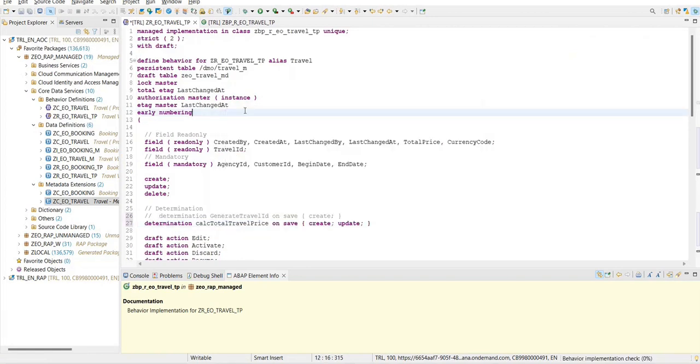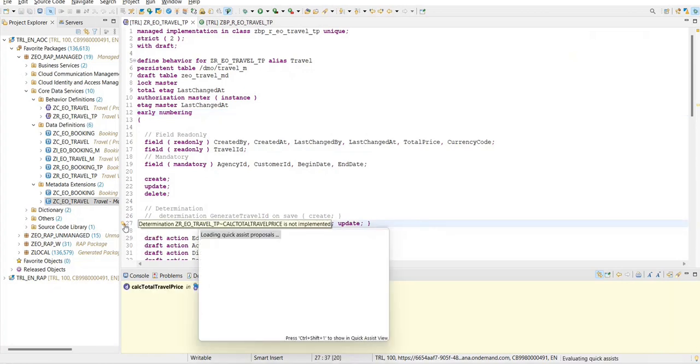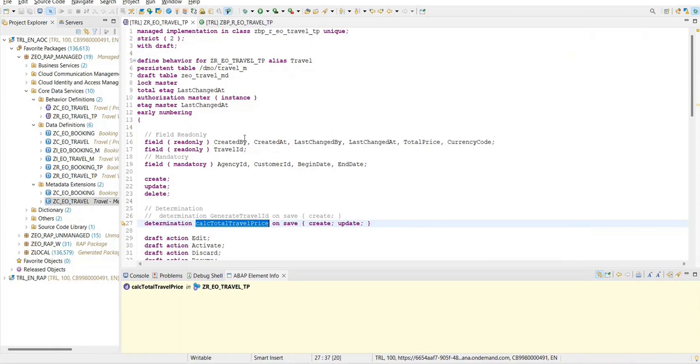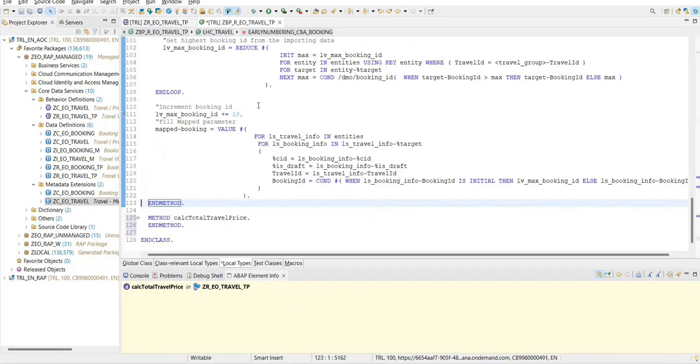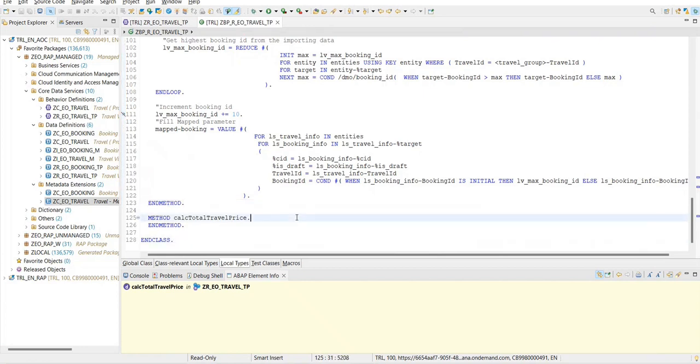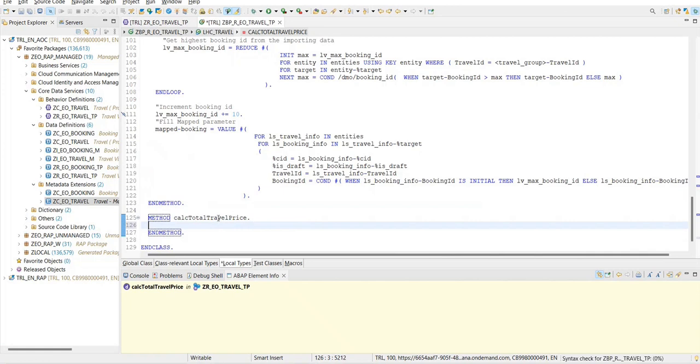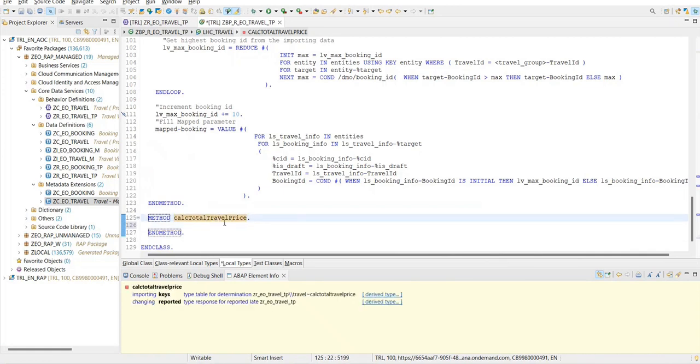So what I'll do is try to create this particular determination. I'll say add method for determination. The moment you put a cursor, it will prompt you and create the method directly for you. Okay, so I'll go over here, and I would like to read out certain information. For example, I am having a determination at header layer, so I can expect that I would have key parameter information of a header. So I want to read the travel and booking information,